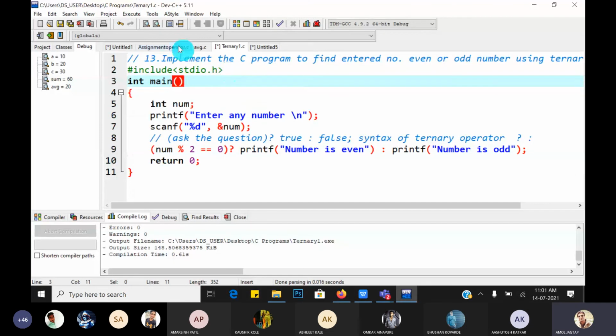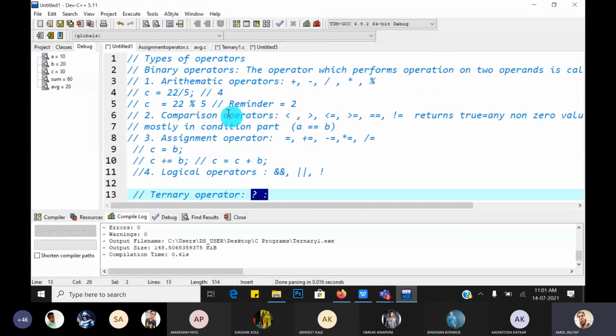Okay, guys. Any doubts in these types of operators? Basically there are three different types of operators: unary operator, binary operator, and ternary operator. The unary operator performs an operation on a single operand, for example plus plus, minus minus, the unary increment and decrement operators. These are again divided into post-increment and pre-increment operators.